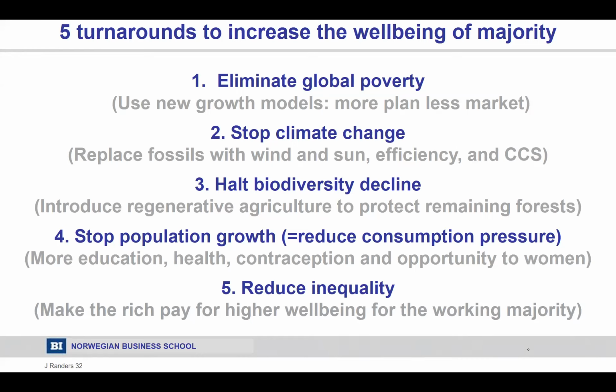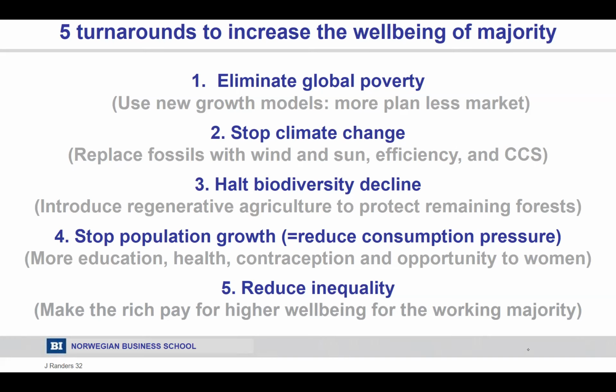We are following the role of Guatemala, Costa Rica, China. So more plan and less markets. So you do what Norway did between 1945 and 65, when you basically built a nation according to plan, instead of letting it be dominated by the market thinking.